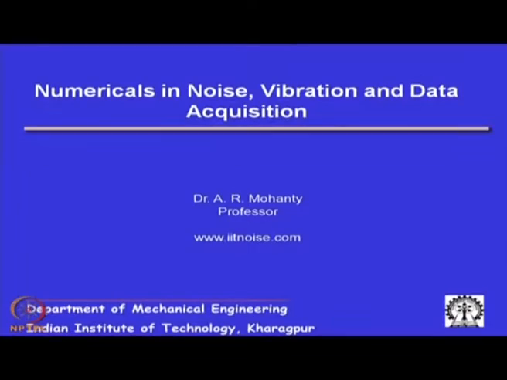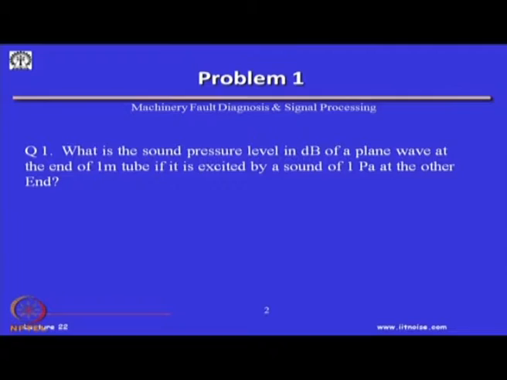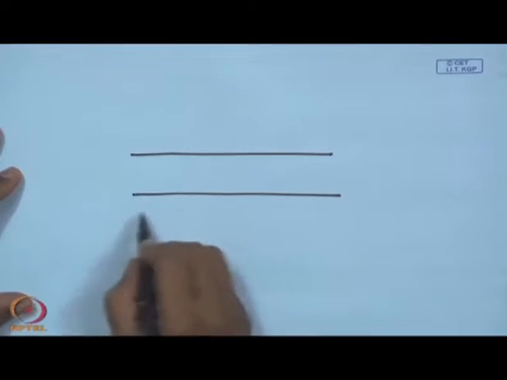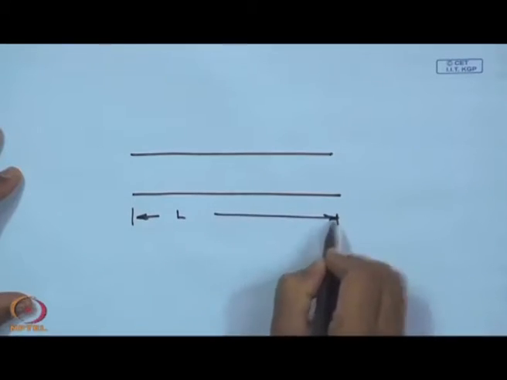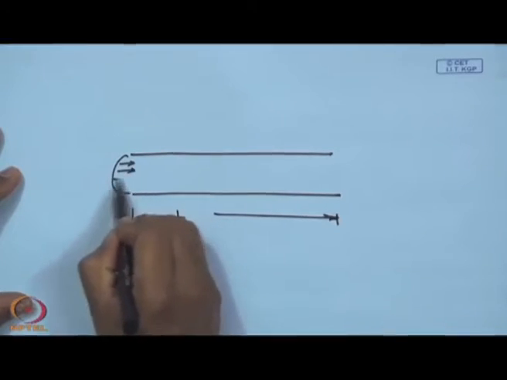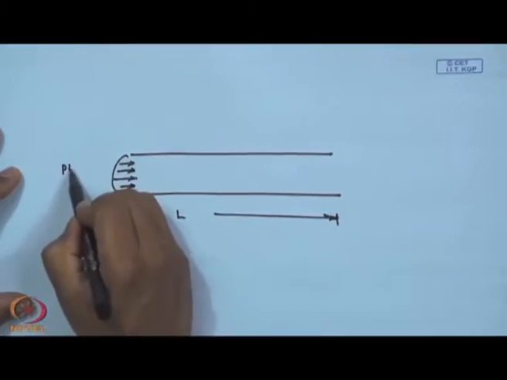So, the first problem is a very simple problem: what is the sound pressure level in decibel or dB of a plane wave at the end of 1 meter if it is excited by a sound source of 1 Pascal at the other end? Let me explain this problem. We have a duct. This is a long duct, it could be of any length L. Usually, we give a source at one end, which is a plane wave source,